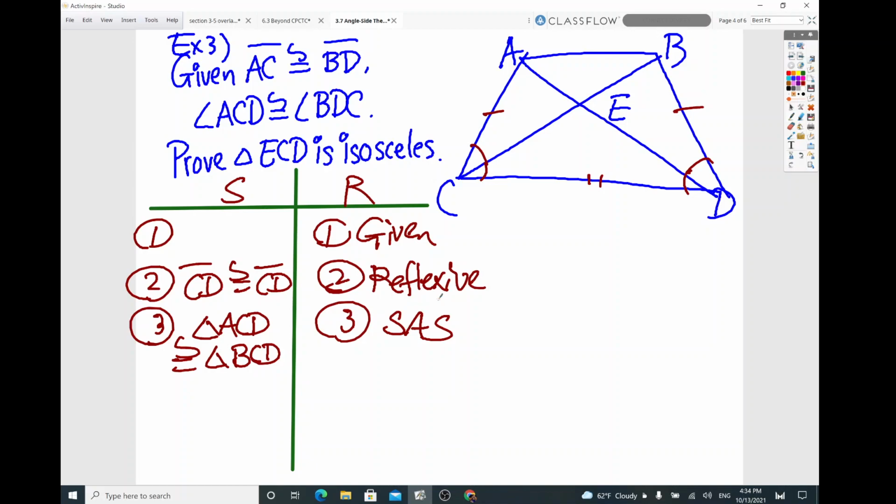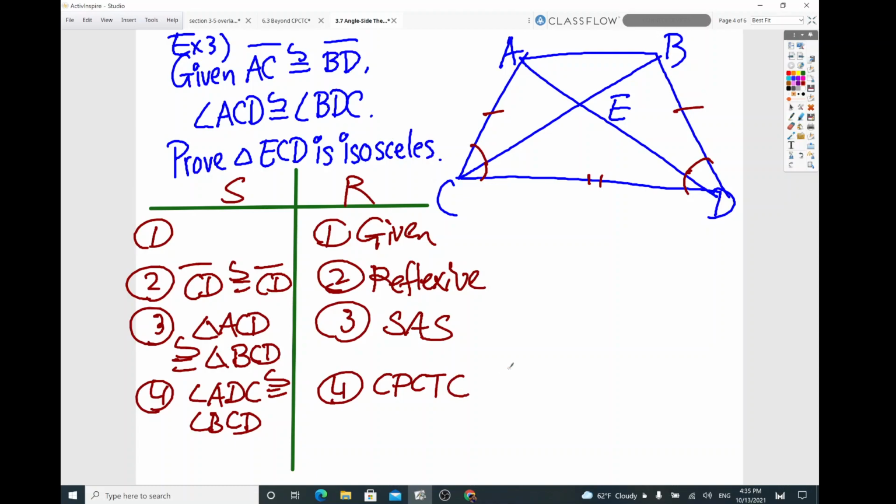Now, in order to show that triangle ECD is isosceles, what we can do here is figure out that the base angles are congruent. Another thing we can state here: angle ADC is congruent to angle BCD. And the reason for that is CPCTC, corresponding parts of congruent triangles are congruent. So once we show that those two angles here are congruent,